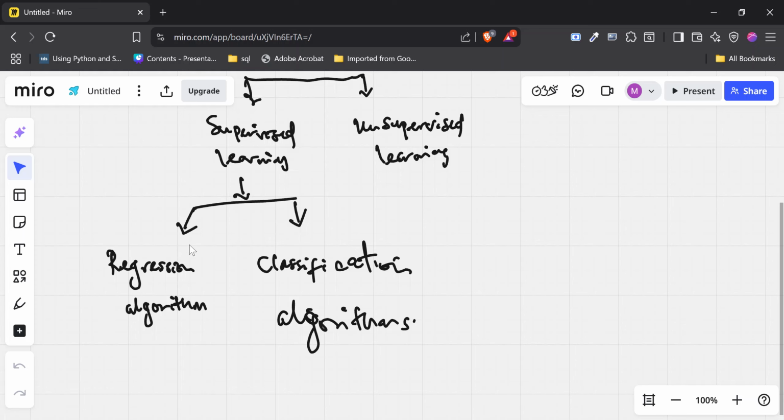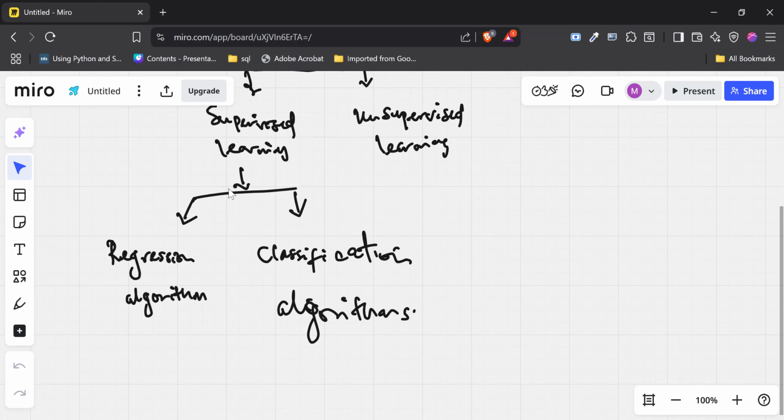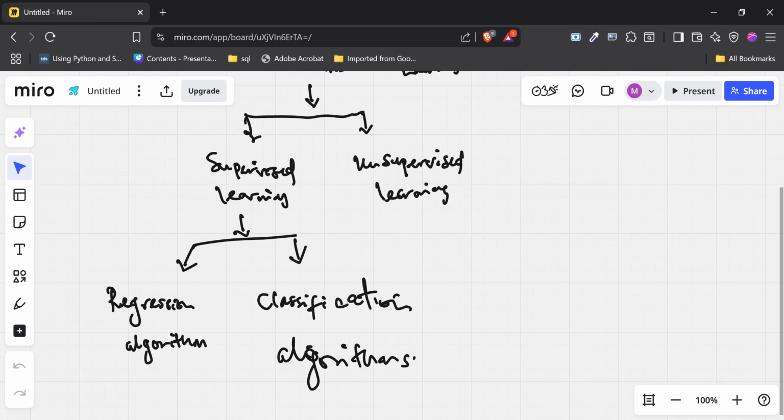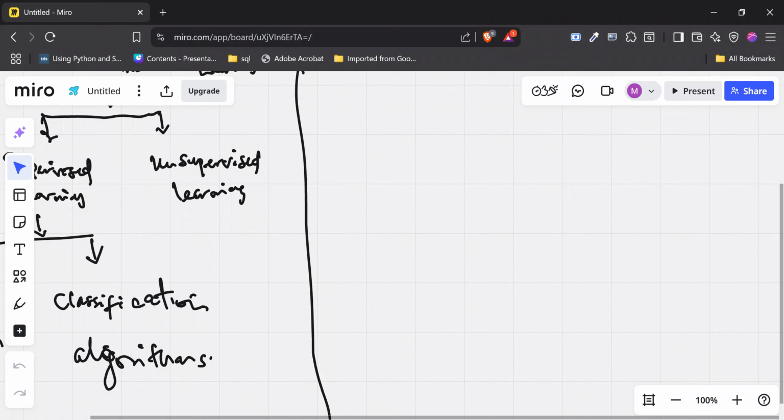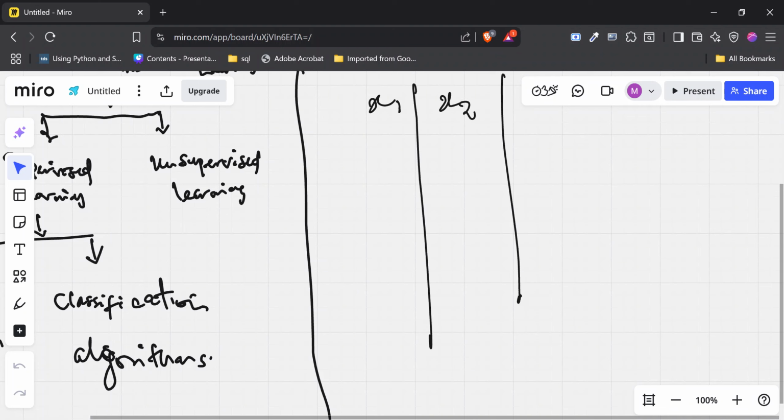So what is a regression problem under supervised learning? That is a situation where your target, what we want to predict, is a continuous value. For example, let's say we have a data set where we have x1 and x2, and we have some y that we want to predict.